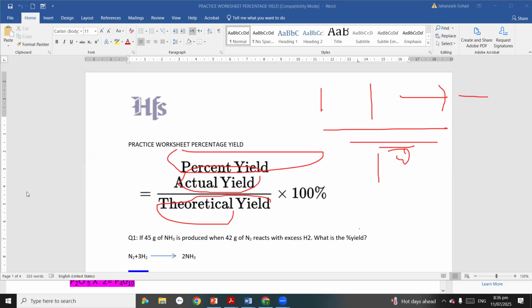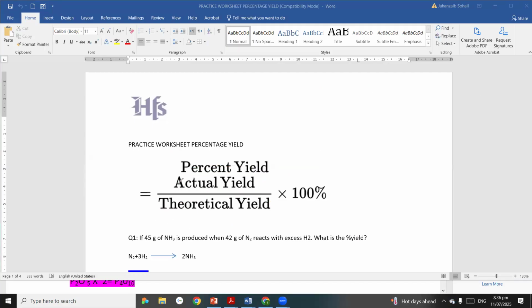One thing: whenever you do this sort of calculation in your exam, the actual yield must be given in your question. You have to take this value from your question, and you will do all the calculation to find the theoretical yield. When you divide these two values, you get percentage yield. Is it clear? Yes, actual yield is given in the question, and theoretical yield you calculate with the help of the given equation. The procedure is the same as you have done previously.